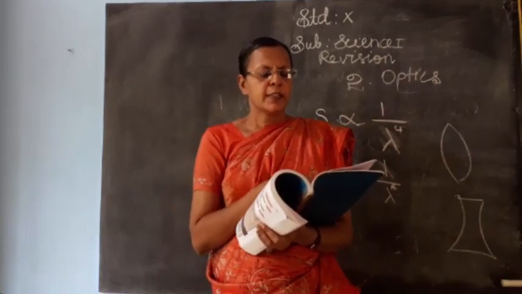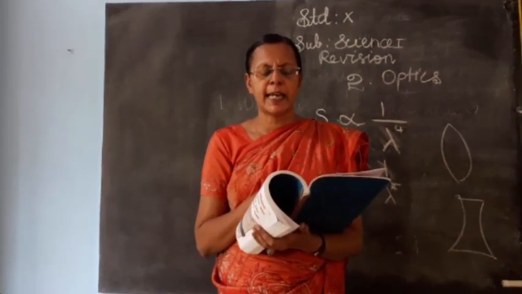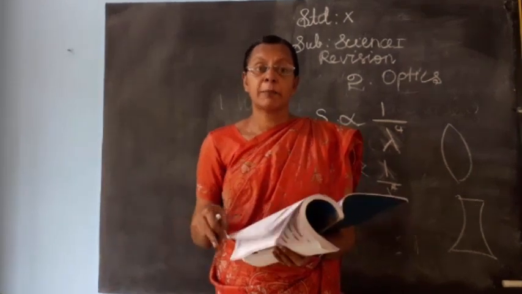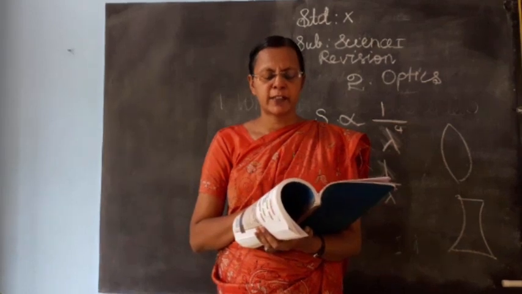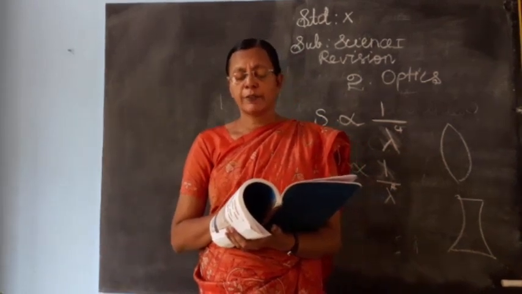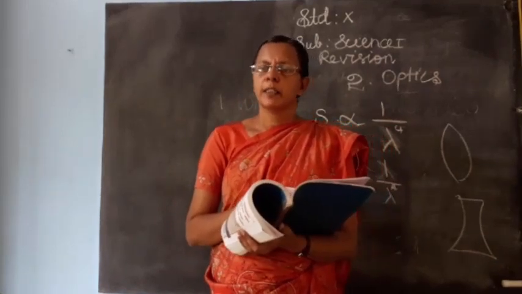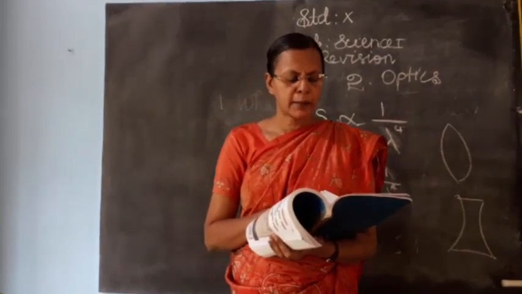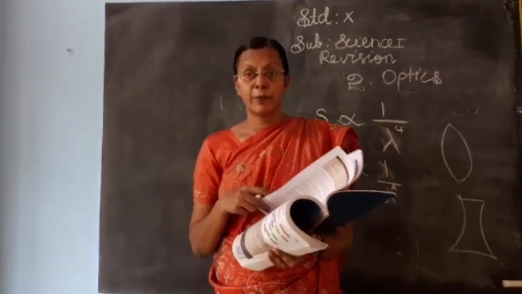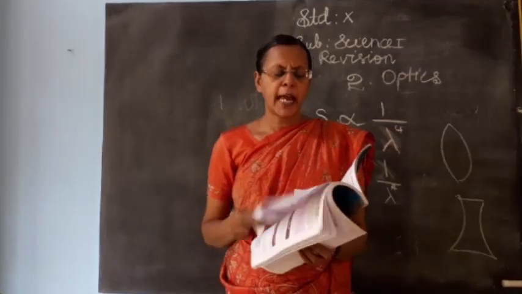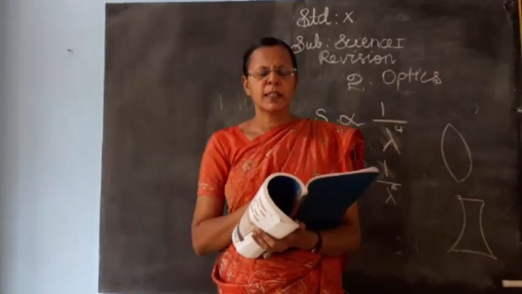Okay. Next, second question, explain the rules for obtaining images formed by a convex lens with the help of ray diagram. The answer is page number 20 and 21. Third question, differentiate the eye defects. So if you are getting the question differentiation, you want to draw a table. In the previous class I told, okay, myopia and hypermetropia. One column myopia, another column hypermetropia. Page number 25. We have the answer as a paragraph that we have to write as a table.